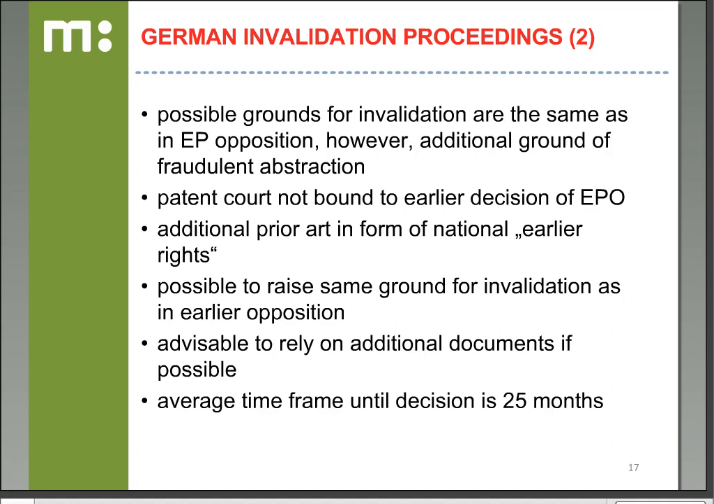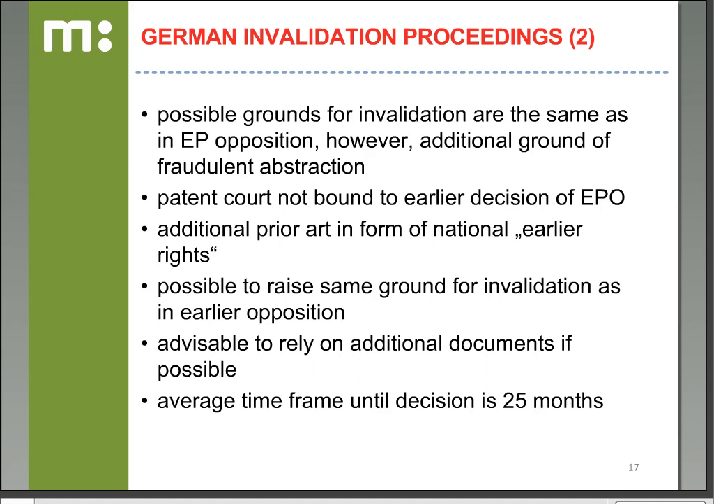So earlier rights are pre-filed but post-published patent applications. At the EPO, only pre-filed and post-published European patents will be considered. Whereas if you have, for example, a German patent which has been filed before your priority date of the patent,